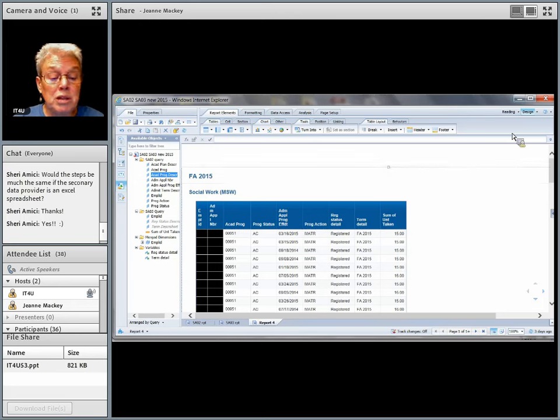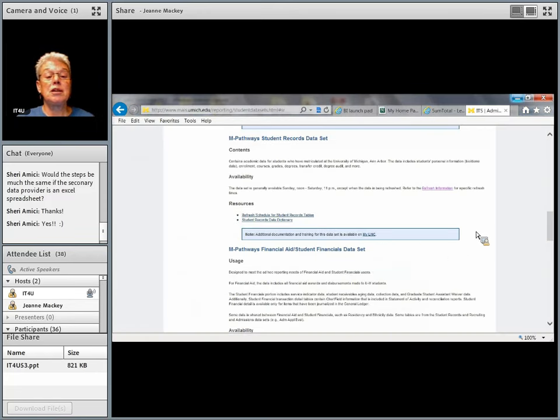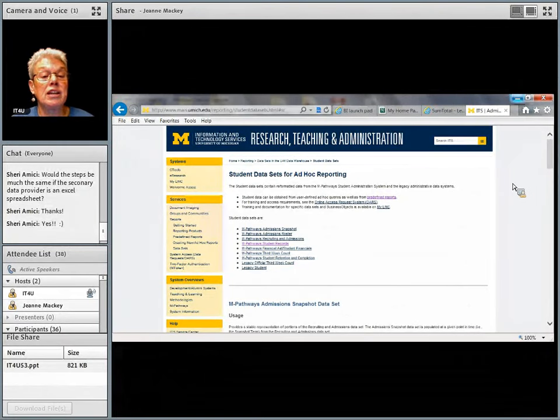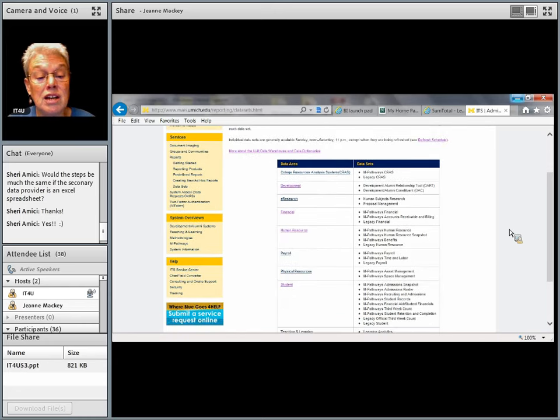So, speaking of knowing your data, I just wanted to point out that it's a good idea, and I'll send you this link, to go to the ITS website, maze.umich.edu, and under reporting, go to data sets, right here, and it's got a list of all the data sets.